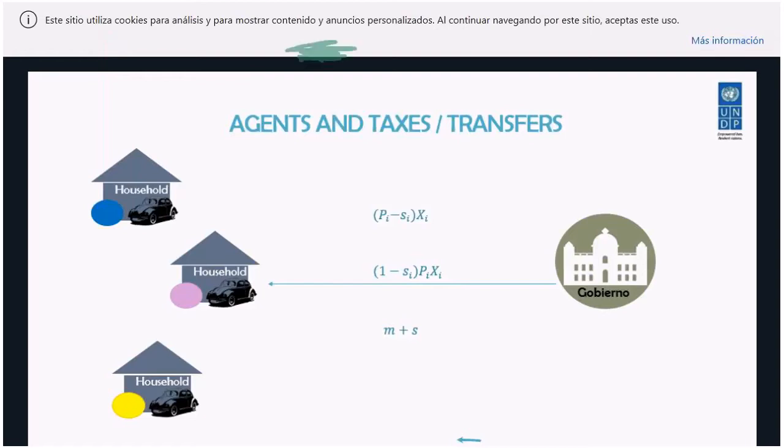Let me drop this word because this is incorrect. This is just about transfers and subsidies. So, as we reviewed last week or two sessions ago, it is just about identities, right? So microsimulation, it's just about identities. It's about adding.